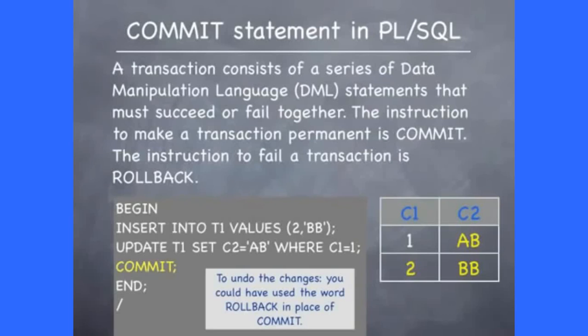When data manipulation language statements appear in your PLSQL programs, the words commit and rollback can be used and written exactly as they would be written from a SQL prompt. In the example on the slide, there are two changes happening to the table called T1. The first DML is an insert statement that adds the row 2, BB to the table. The second is an update statement that changes the value AA for the column C2 where C1 equals 1 to AB. The changes are then made permanent because of the use